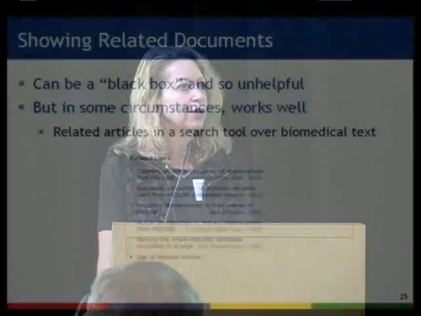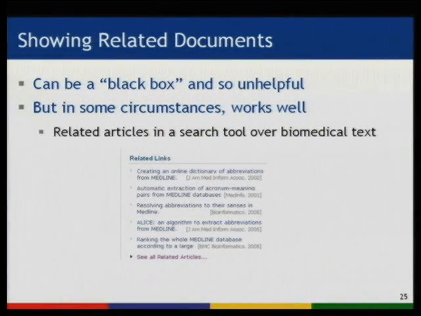And then showing related documents, the "more like this" function, has been around for a long time. It's still not clear what to do for web search, but it has been shown useful for more focused search, such as on the Medline system for journal articles in the biomedical field. They use a probabilistic algorithm to show related documents, which I think makes use of the links, the references, as well as the terms in the abstracts. And they found this is quite a popular feature. It's quite heavily used at PubMed. So the question is, is it possible to generalize this to more general search?